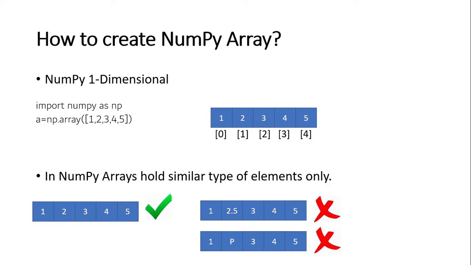Why? Because it does not have similar type of elements. In the third case also, along with the integer values we have a character, or otherwise we can say a string, right? But at a time it is not possible to store integer types and strings in a single array. That's why it is also treated as an invalid array.